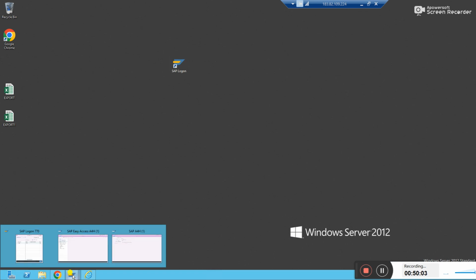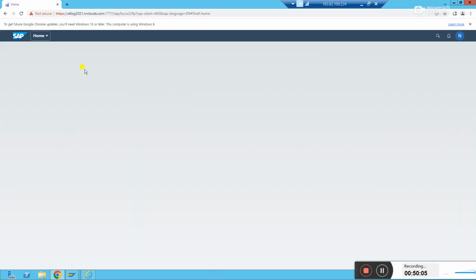Directly what you have is a web browser. Mostly, SAP connects with Google Chrome. So in Google Chrome, you open a tab and paste the link. They'll provide you a system-wise link. You just click on it, give your username and password, and you can work. Got it? So let it open. It will take a little time. Fiori is a little like that nowadays. We just have to wait.